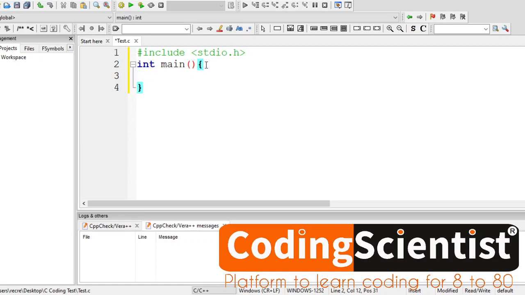Open a curly bracket. Curly bracket is above your enter button or next to the P button of your keyboard. So once you create this curly bracket, automatically you get a closing bracket as well, once you click enter. Now inside this block of code, you need to write printf. I'll explain what exactly is that. Printf